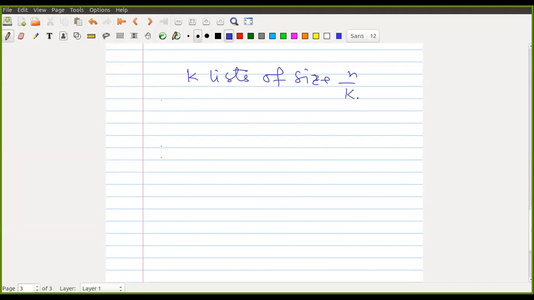N by k, right? So basically, let us define it as T_k of n. We'll do k parts, but for each of them I'll just use our old merge sort, right?